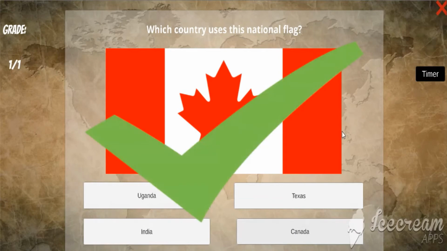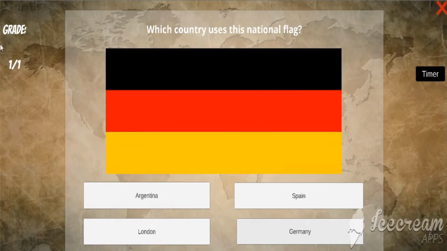If you get it correct, there would be a tick, as well as your score or your grade to the left hand side, and a timer which is not implemented as yet, but the timer would be for difficulty purposes. The time would get shorter and shorter as you increase difficulty.